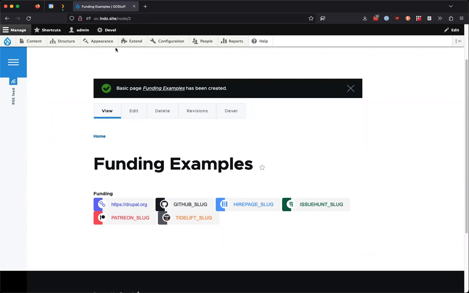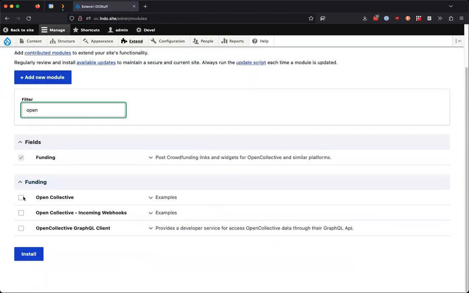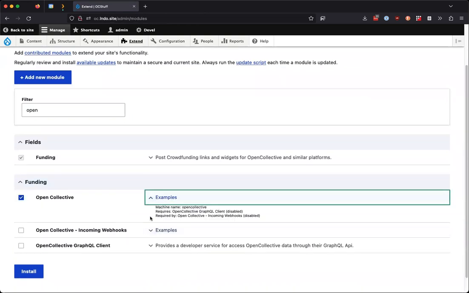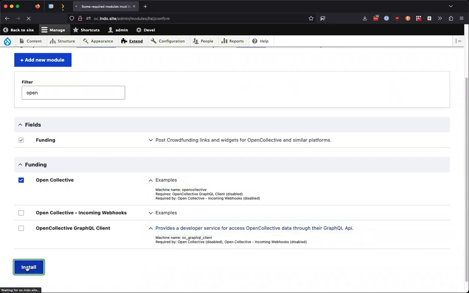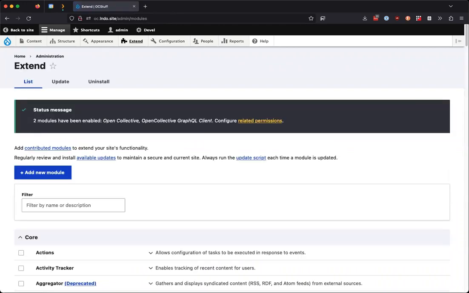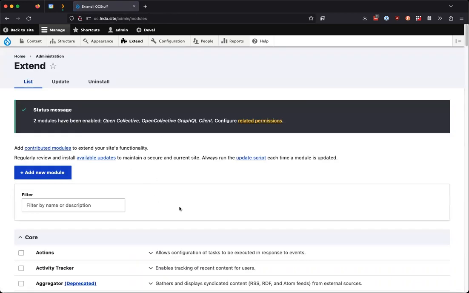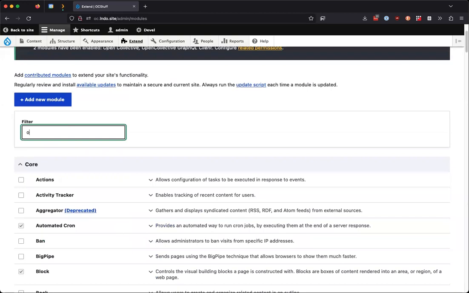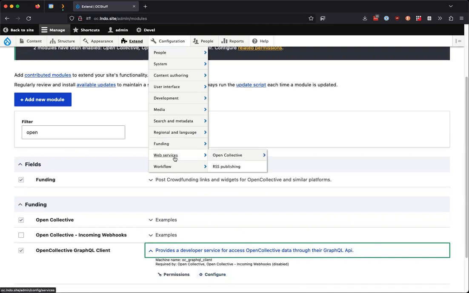Now, if we enable the Open Collective module, it depends on the Open Collective GraphQL. So if I enable Open Collective, I guess I should probably change the description of that module. It will enable the GraphQL client module. Let's go ahead and do that. And now I do have some configuration to do. I believe that is accessible down here. I think it's in both places. Yeah, so there's a configure link,